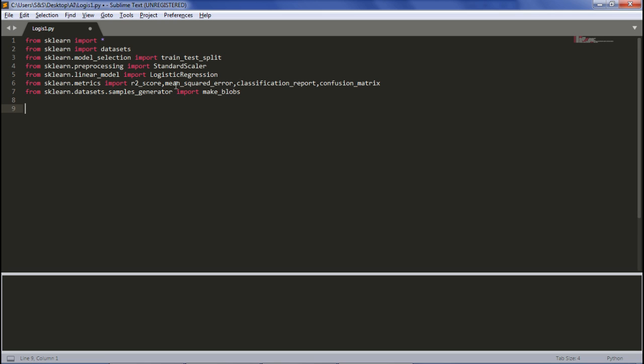Alright, this is an exhaustive process, and you can move the video forward to the end of these imports if you are tired of it. So we must import numpy